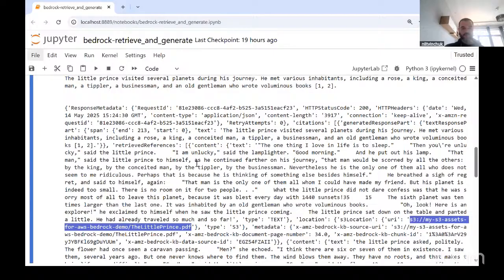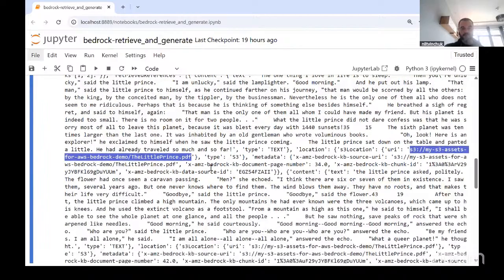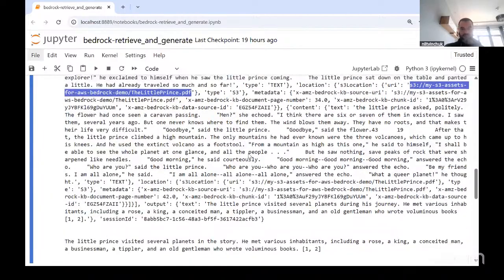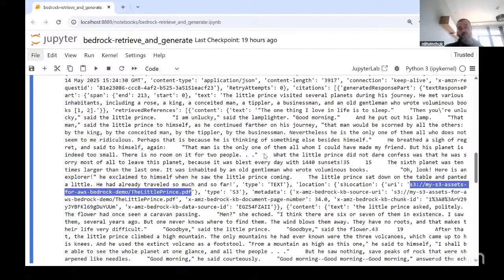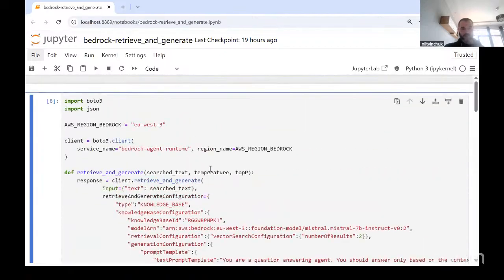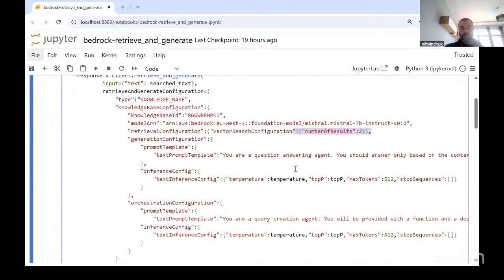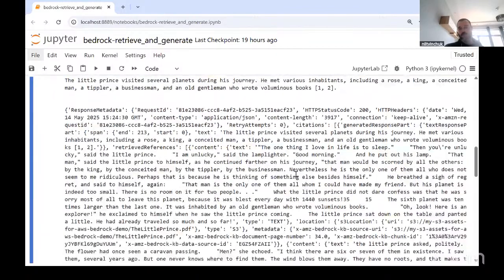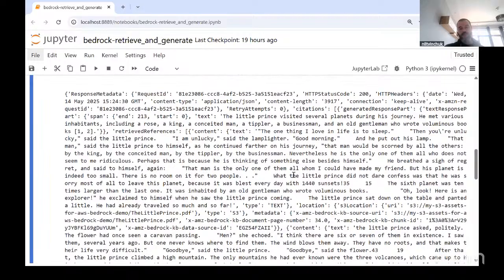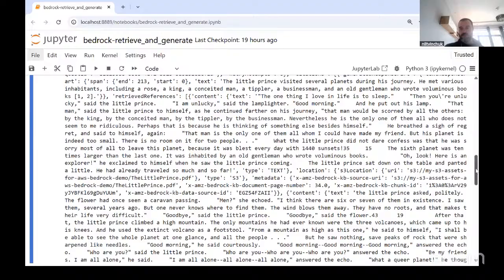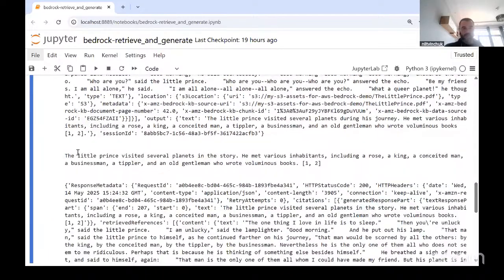So this is the interesting part, and it could always be shared with the customer. Also, if you want to have multiple responses, if you specify a different number of results, it can be more than two, or you can present to the customer one, two, or three, or even more results. And the second